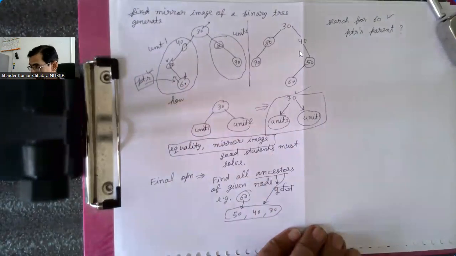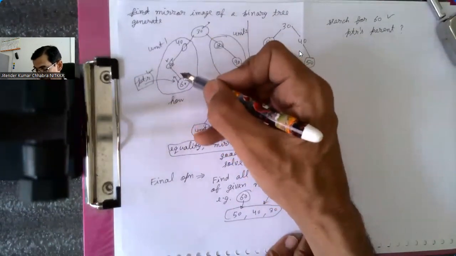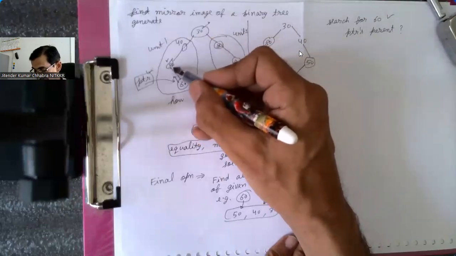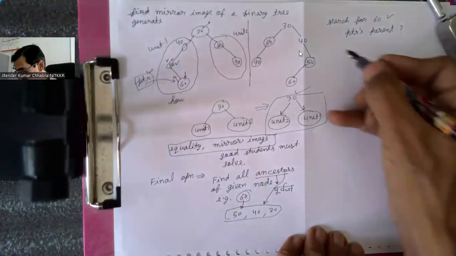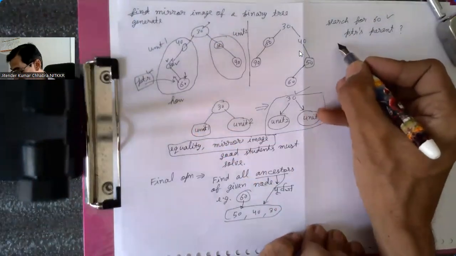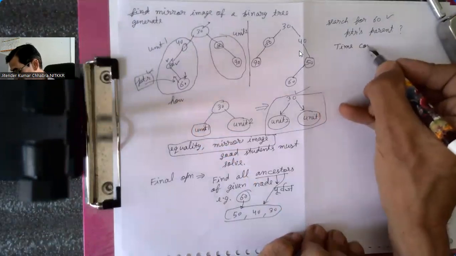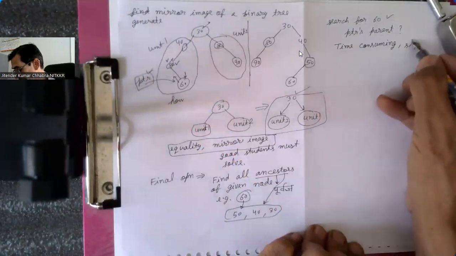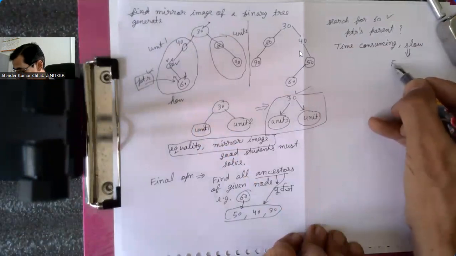But I don't stop at 50. Now I say find whose child is 50, again recursively or iteratively, and whose child is 50, again you will get 40. The same process has to be repeated. So if you do it now, it will be a time-consuming and slow process. The algorithm can be made recursively, and it will be a slow process. It can be speeded up